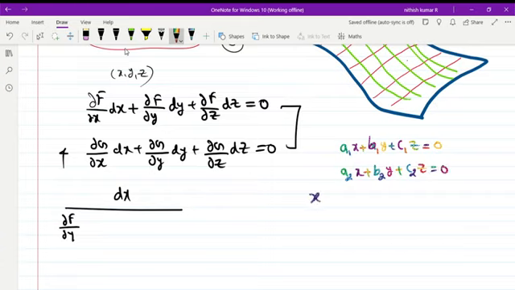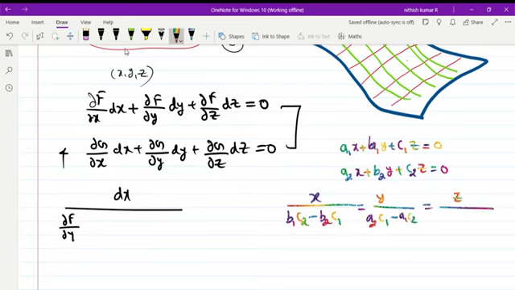Then the rule of cross multiplication says x divided by b1 c2 minus b2 c1, which is equal to y divided by a2 c1 minus a1 c2, which is equal to z divided by a1 b2 minus a2 b1. So using this rule,